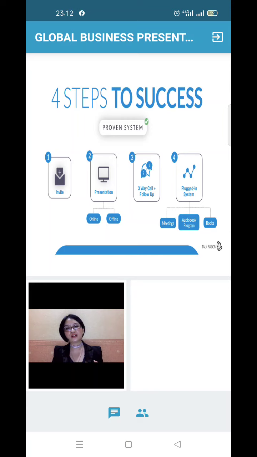The presentation can be done online and offline. Online like this, and if you are in a place which is free from COVID-19 and you are okay to meet them offline, you can ask your team member about the meeting point. You can meet them anywhere you want. After inviting and presentation, it comes to the 3-way call.